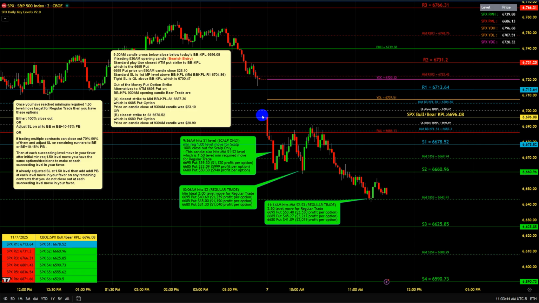Now, even if you normally take the 9:30 a.m. candle trade, there are exceptions and occurrences where you would not take the 9:30 a.m. opening trade even if it closes above or below the bull bear key price level, and that has to do specifically with where it falls in a certain range above or below where it closes relative to the bull bear key price level. And we have a specific video on that, which, remember from the preview to this video,